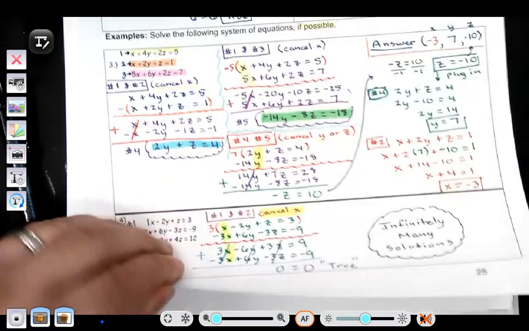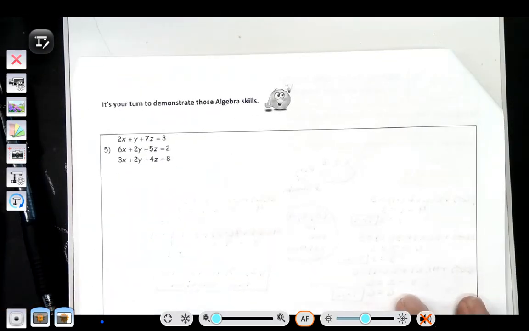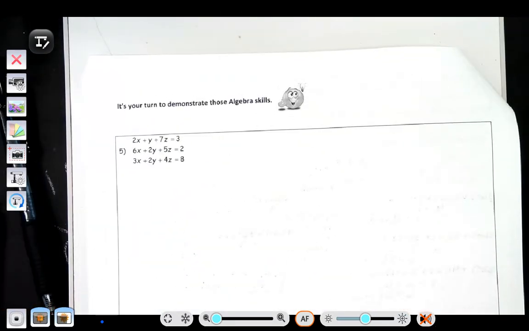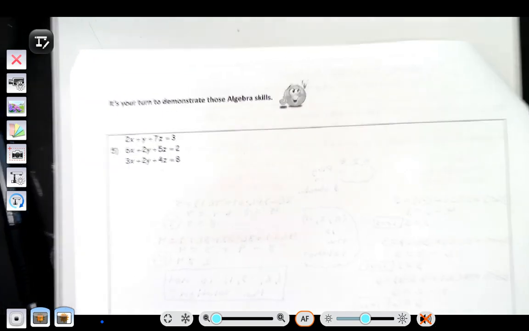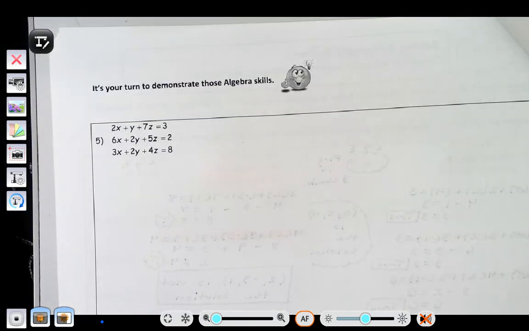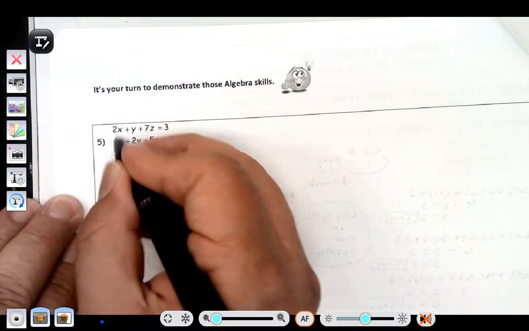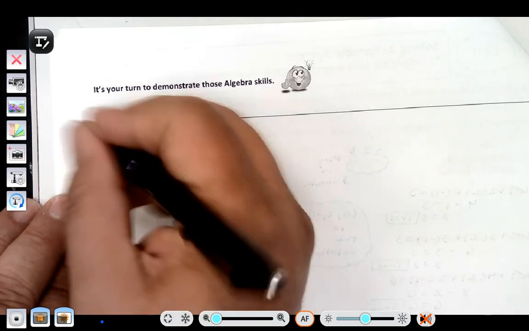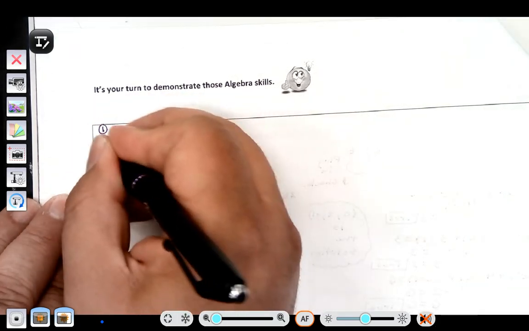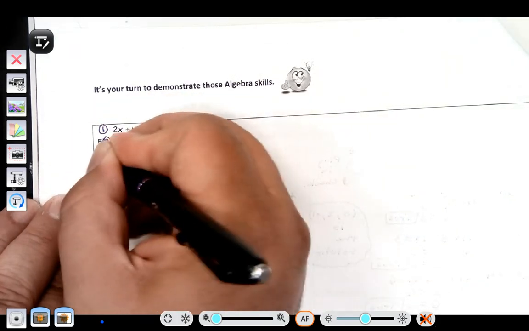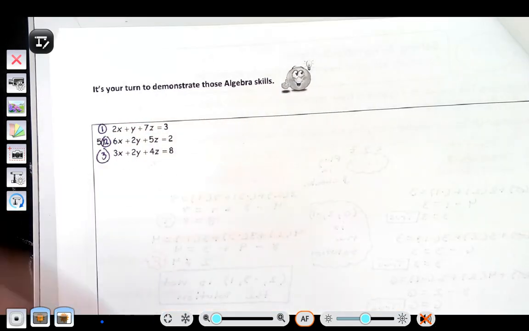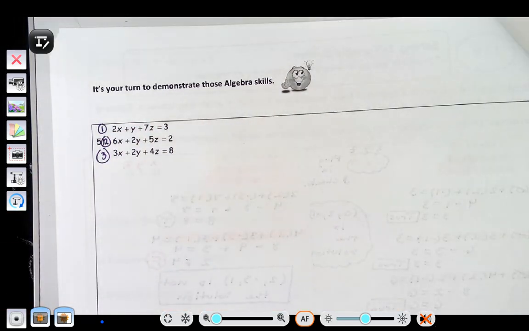So when you look at the back side here, you do have 2 problems to try on your own. You do have a lot more space here. But here's what I was trying to show you earlier. You know that your first goal is to cancel out x's. So when I'm looking at my equation, this 2x, yeah, that's the smaller number. It's probably easier to work with. So I'll make that equation 1, equation 2, equation 3. Again, it's up to you. But now you're going to go through the process, the same thing we did on the other side, and work